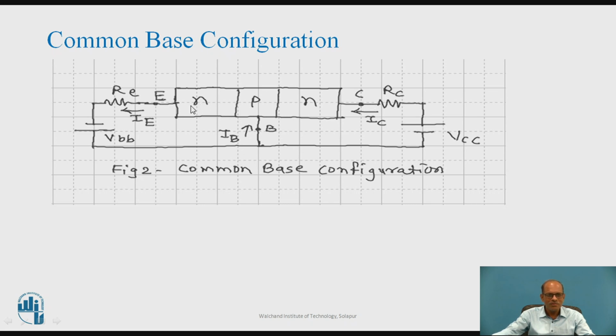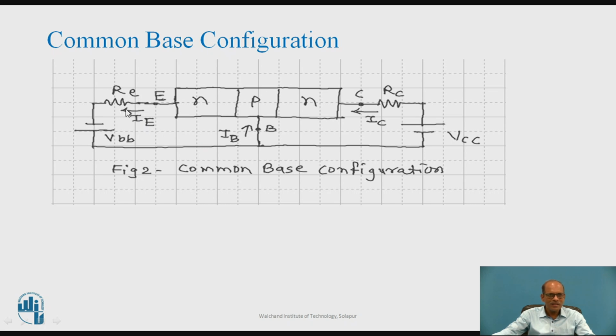Now to forward bias the base emitter diode, so this is a N type layer. So emitter is N type, so it should be connected to negative of battery, and the positive of battery goes to the base of P type. Similarly, to reverse bias collector base junction, so N type collector is connected to the positive terminal of the battery as shown, and the negative terminal goes to P. So VBB and VCC are the power supplies, and connections are made such that the base emitter diode is forward bias and the collector base diode is reverse bias.